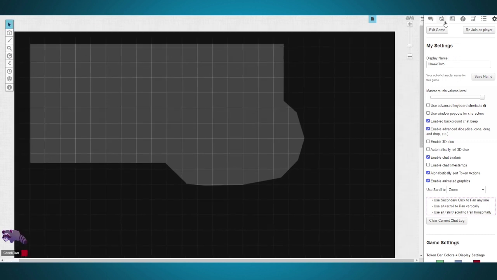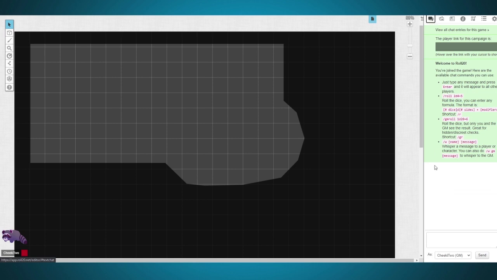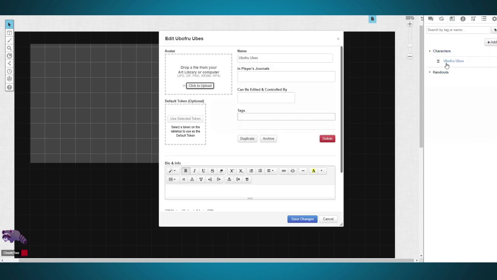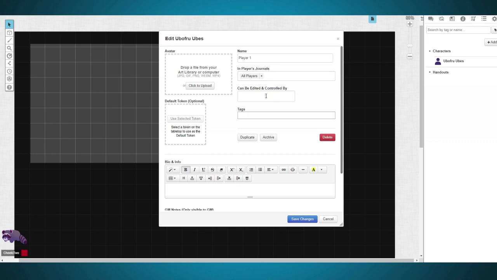So what happens when you have players? They've got to have sheets. Jump into the journal, top right, and hit add, and you can give them a character. It auto-generates a name. You can just say, here you go, this is player 1. You put it in the person's journal from here. For now, we'll put it in all players so everyone can see it, and it can be controlled and edited by